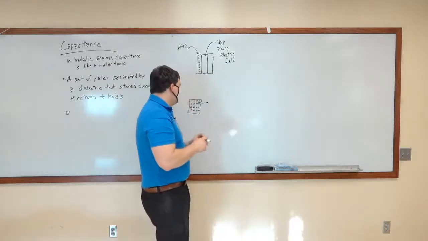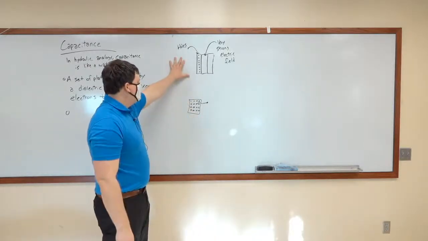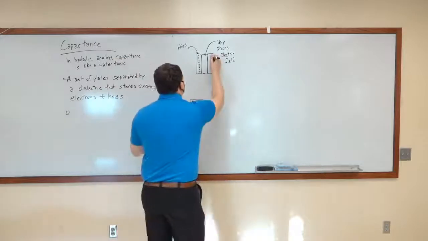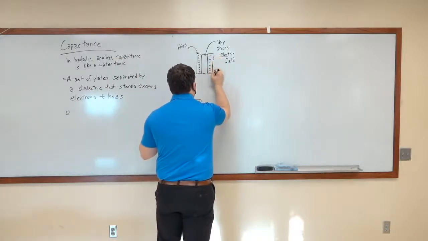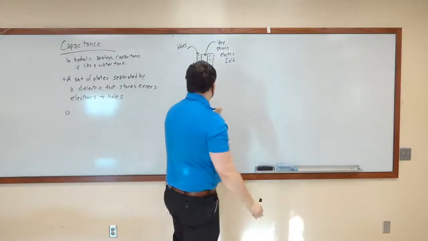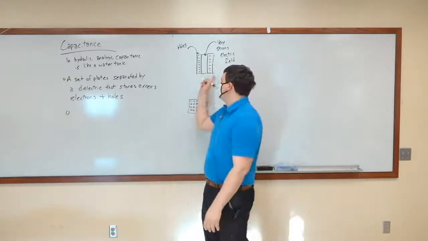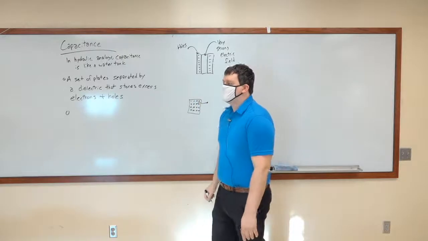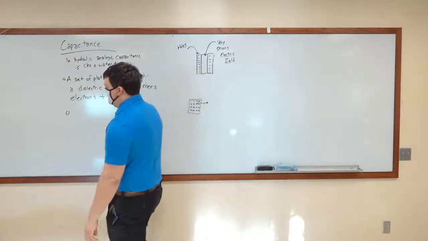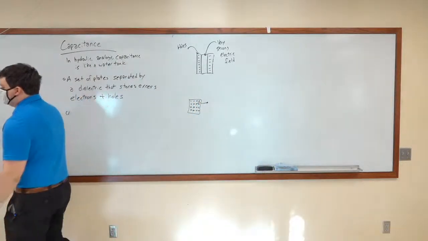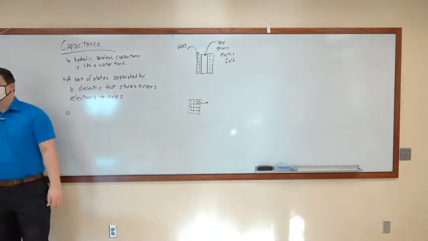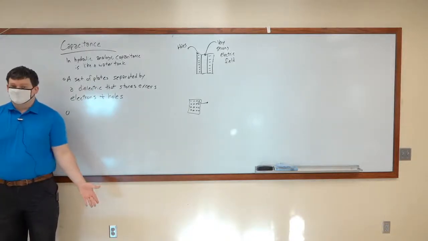Okay. So on this end you have holes, and on this end you have an excess concentration of electrons. So you have too many electrons, too few electrons, and what that creates in between these two is a very large electric field. Okay? Most materials cannot handle a very large electric field between both ends.